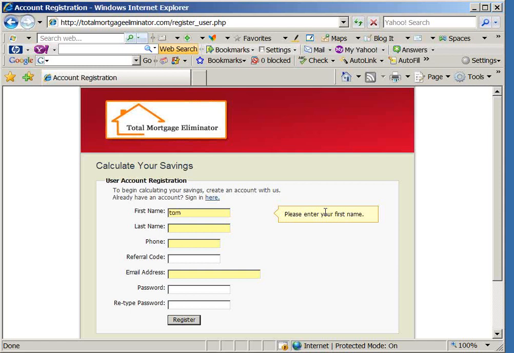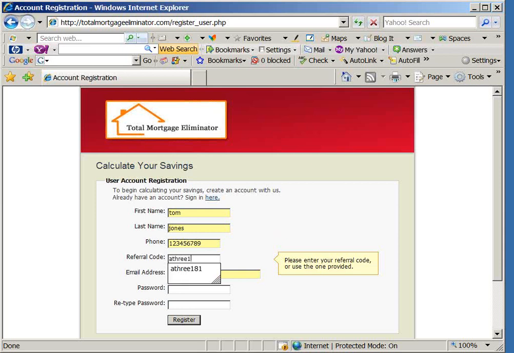Our customer's name is Tom Jones. Tom puts in his phone number. Tom has been referred to the website by agent number 3, who is an agent that works for your company selling this service. Tom puts in his email address,